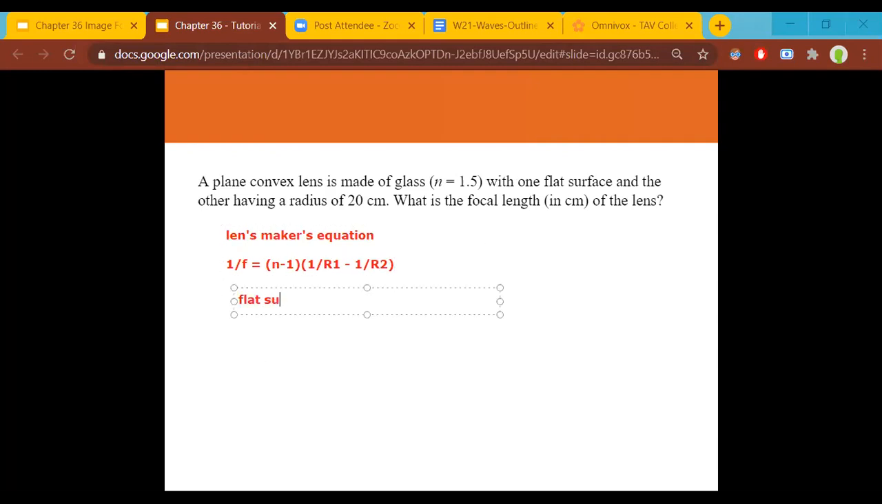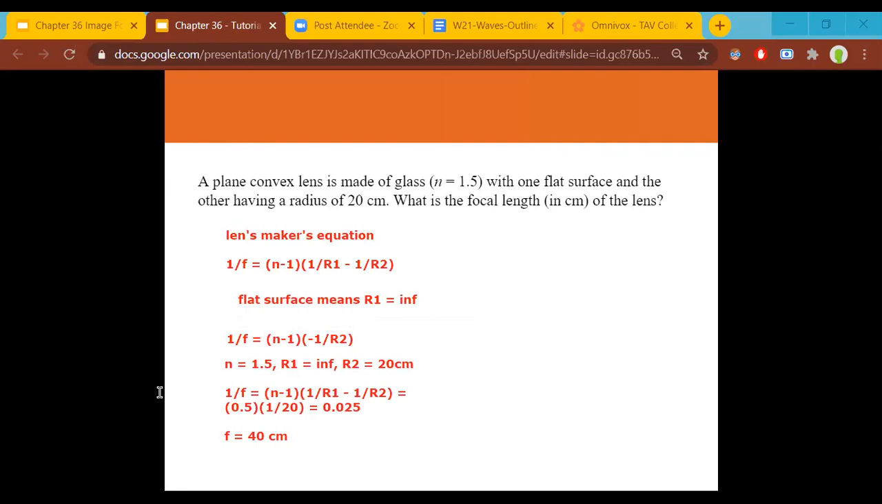When you're told you have a flat surface, that's essentially the same as having an infinite radius, so one of the terms goes away. That leaves the formula simplifying a little bit, n minus 1 divided by -1/R2. In this case, we do know the index of the glass, we do know the radius. So if you plug it in, you end up with a focal length of 40 centimeters,